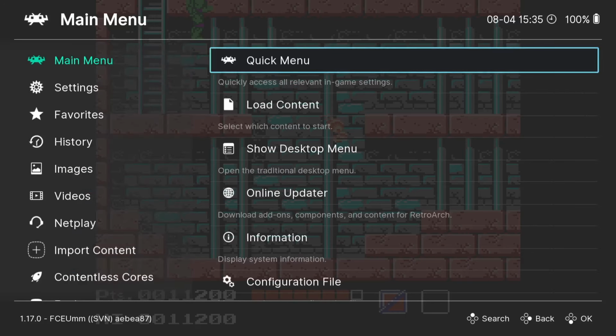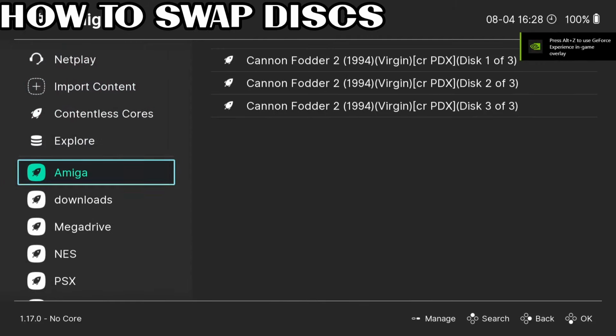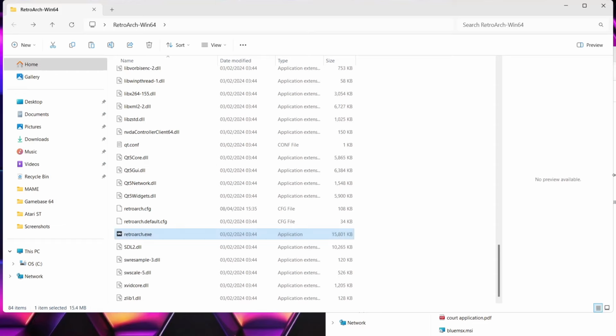Pretty simple stuff. Okay, and finally I'm going to show you how to swap discs. The method I'm using for this is going to apply to all systems that require a swap of discs at some point. So I'm using the traditional format, which is .adf Amiga games, and of course we've got 3 discs here, which is pretty common for Amiga games to have a few discs. So if I just load up the first disc of Cannon Fodder 2,